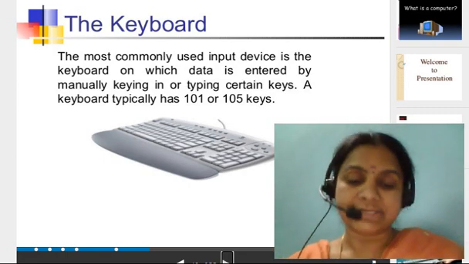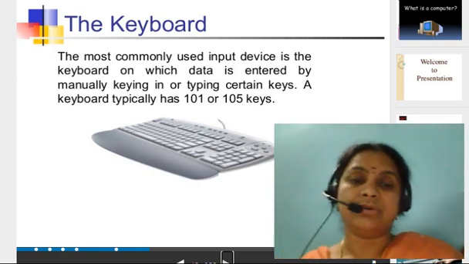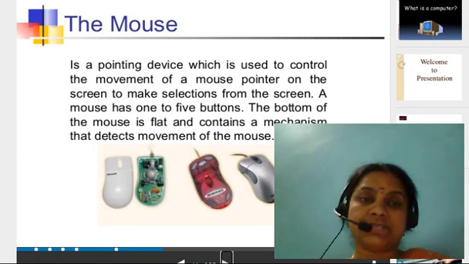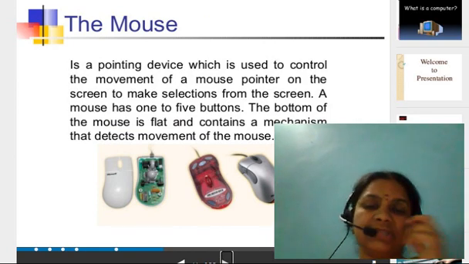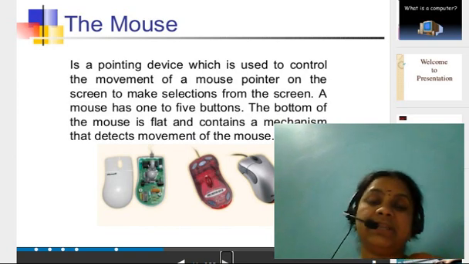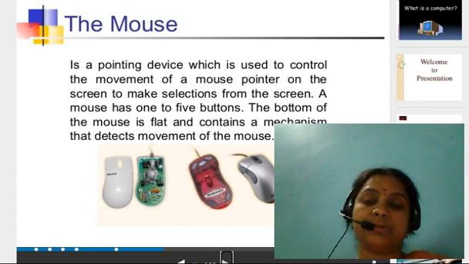Every key performs its own operation. You will see and learn this further. And the mouse is an input device which has buttons, one to five buttons. Mostly we use three buttons, even if it is given with five: right, left and the scroll button. Scroll means top to bottom, left to right.